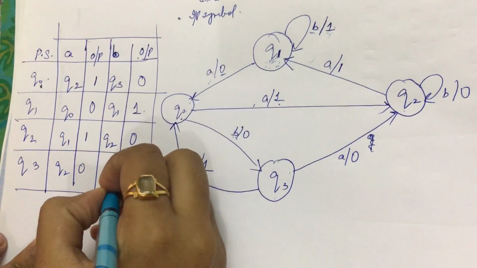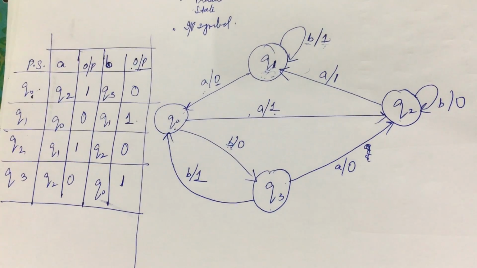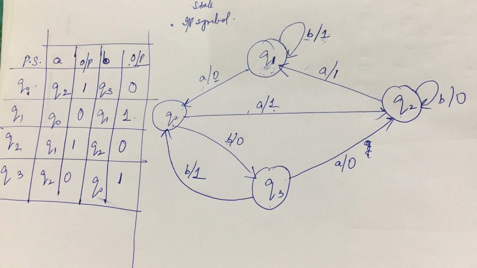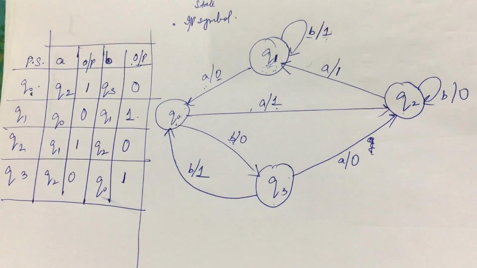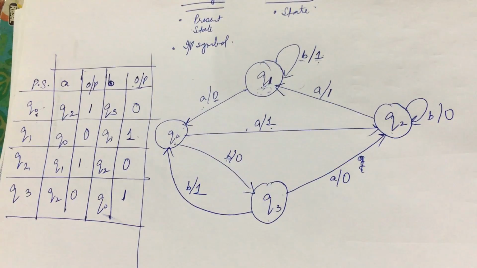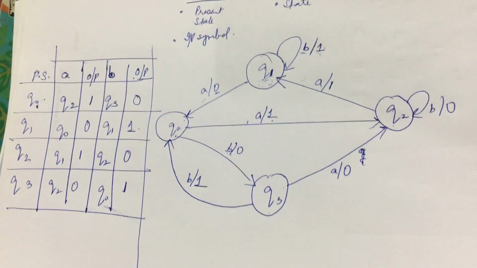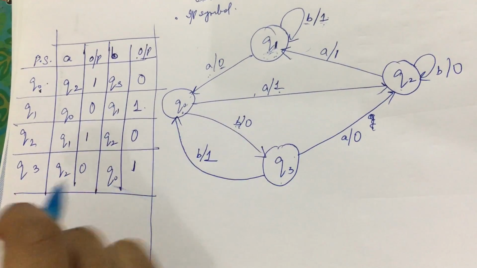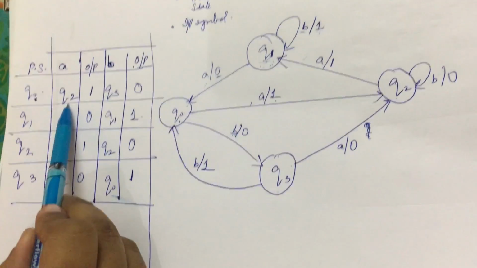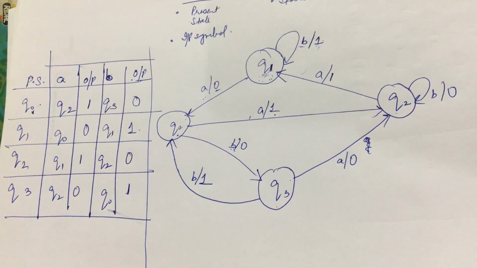I really suggest you take a pen and paper so that you really get the actual depth of the concept, how to solve the question, and it will also avoid any sort of confusion. Now what we are going to do is the actual conversion, and it's very, very important. Now we have to analyze the table.